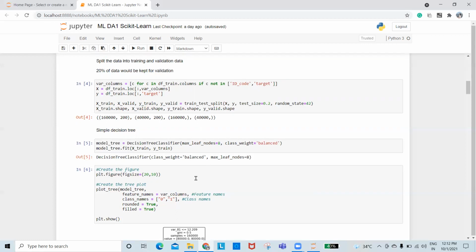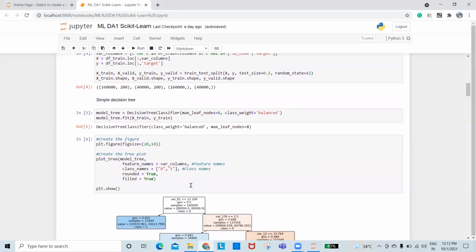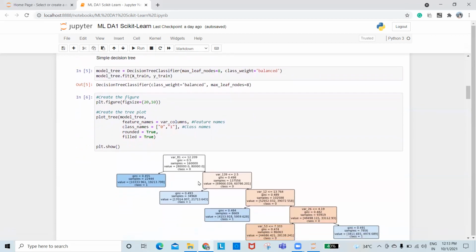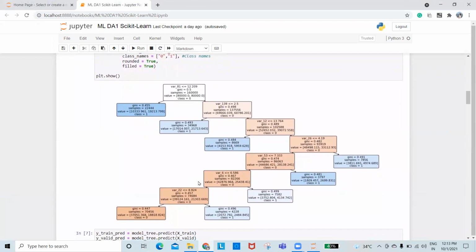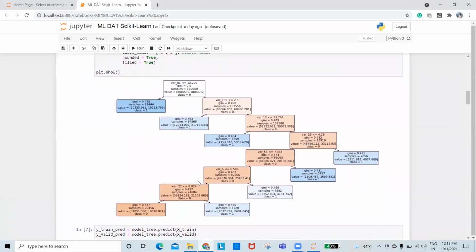It will create the nodes and the split for each of the variables that are being passed in the decision tree. And this is for printing, or plotting, the decision tree. We'll know at each node what variable is being used for splitting, what threshold the split has happened at, what the Gini value is for the split or for the leaf node, how many samples are available in a particular node, and what class is assigned to a particular node.